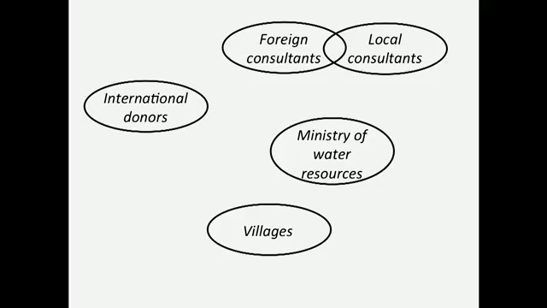In this next set of slides, I want to show you how money flows in a donor-funded project and where opportunities for corruption lie. Of course, there's no one protocol that all donors use, but the one I will describe is fairly typical. Suppose the international donor wanted to get involved in the water and sanitation sector and support the construction of a new rural water supply program in a developing country.